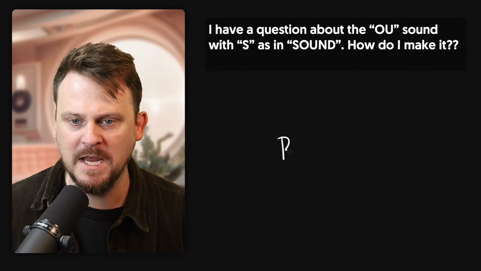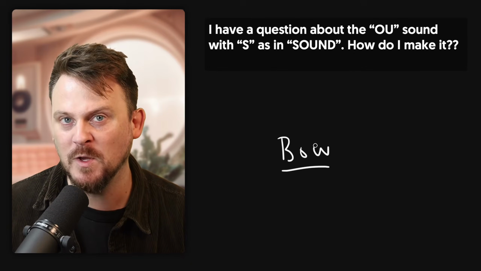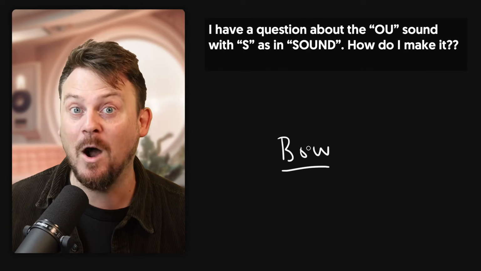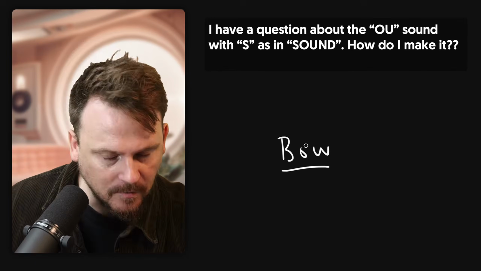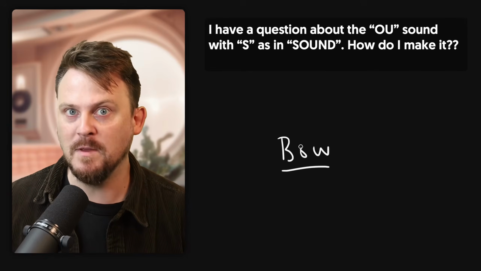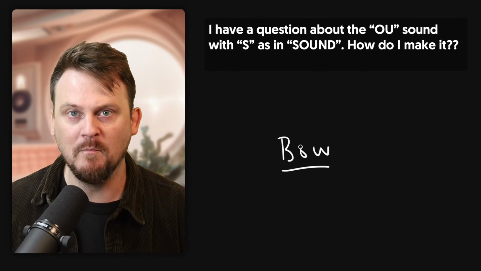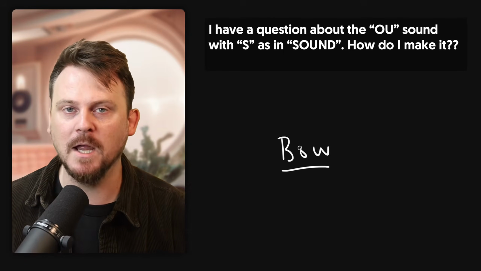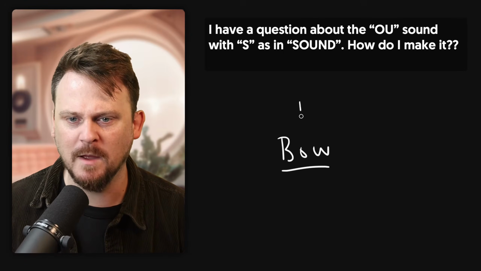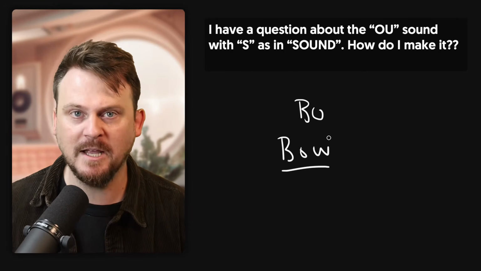For example, BOW. Well, one pronunciation of BOW is ow, as in make a bow, to bow to someone. But another one, probably more common, is bow, like a bow and arrow, or a bow tie. So that's more like a BO, right? So in this case, it doesn't make that sound at all.